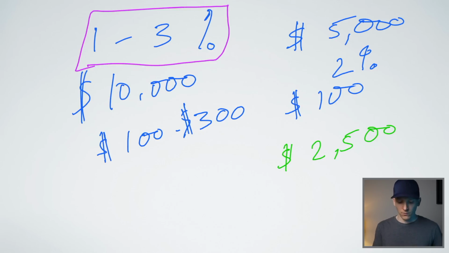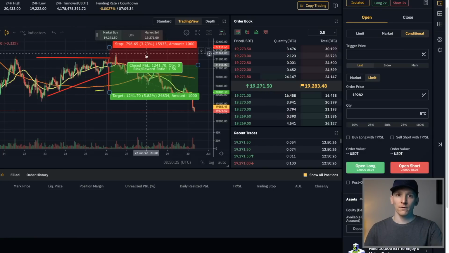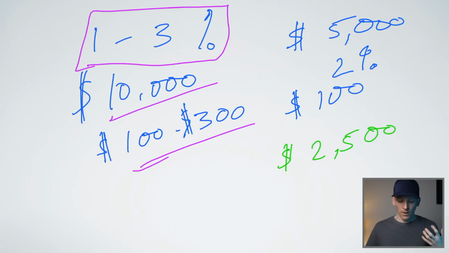So if you have a $10,000 portfolio, you're going to be risking $100 to $300. That's your max loss per trade. And we're going to go through how to work this out with a stop loss as well. I'm going to show you exactly that. But most traders would suggest if you have a $10,000 portfolio, each specific trade has a max loss of 1